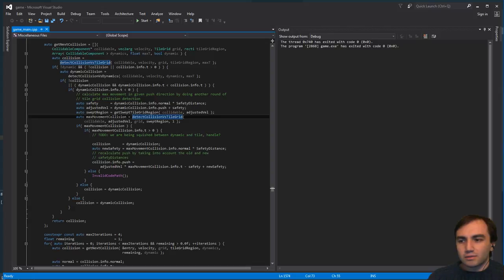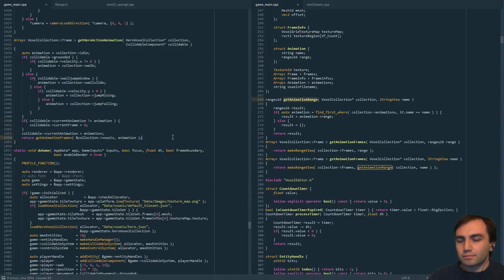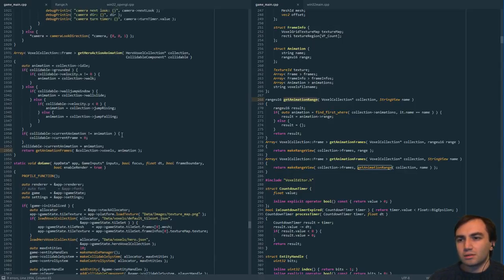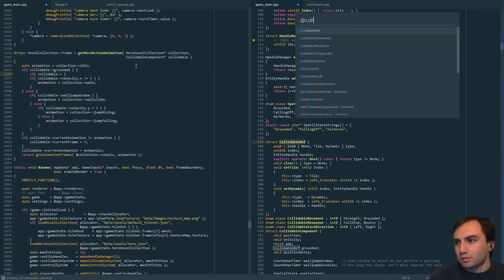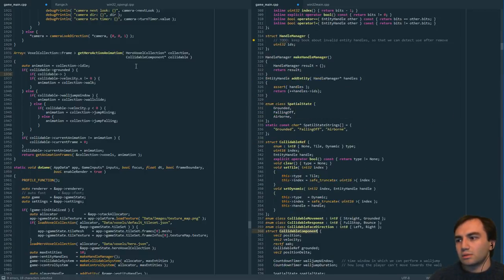Okay, that's fine. Okay, now for the landing animation. So if we are grounded, we want to first check if the collidable component